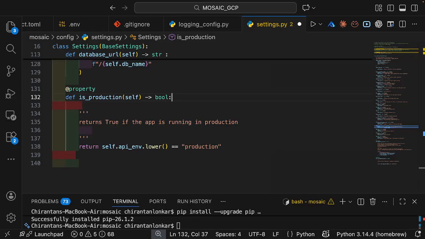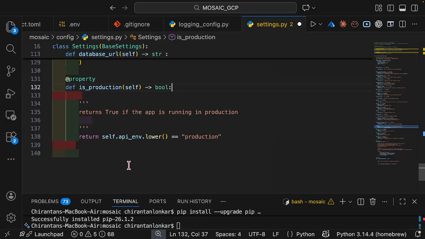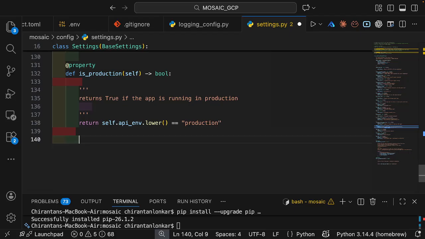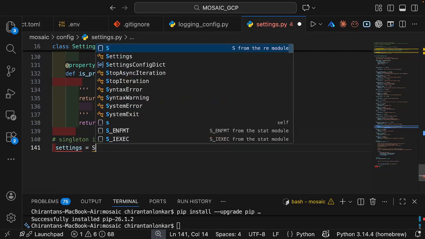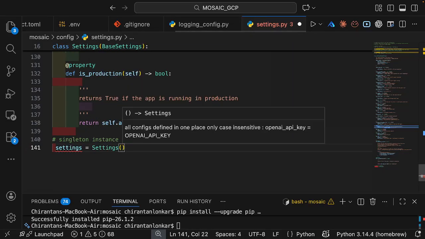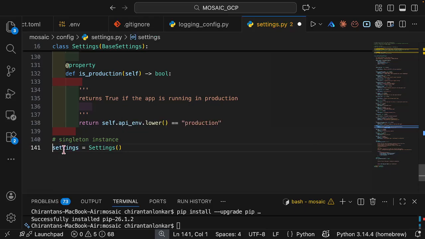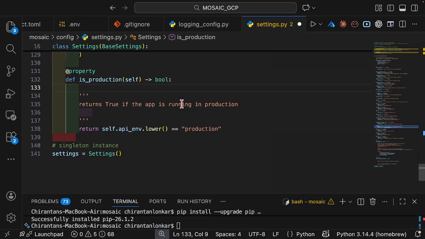Okay, all right. So we have defined this here. Then I'm going to define the singleton instance here, and I'm going to say settings equals Settings. We're just going to instantiate that here. Looks good. So we're going to create one instance of settings when